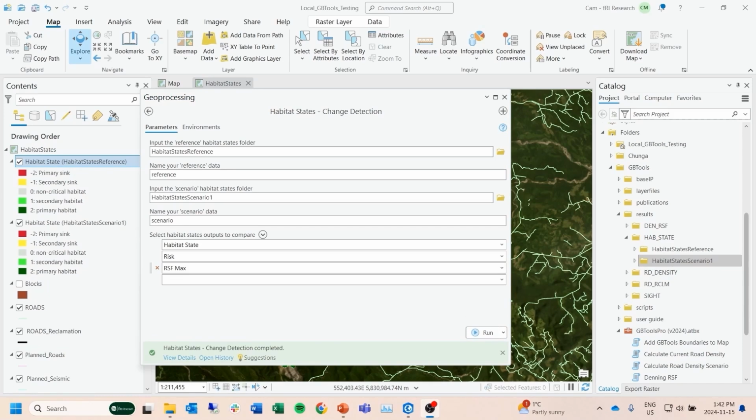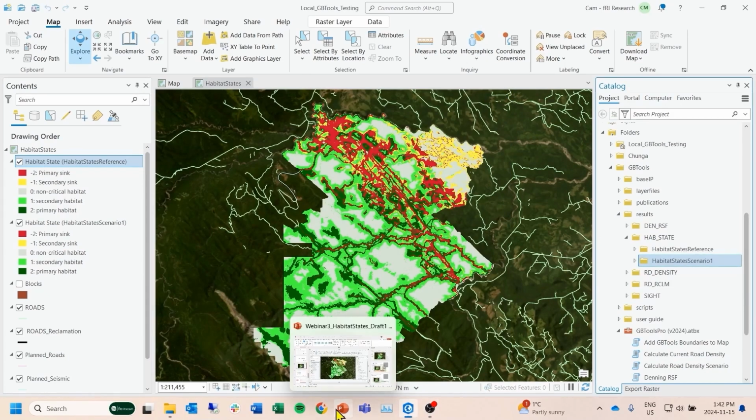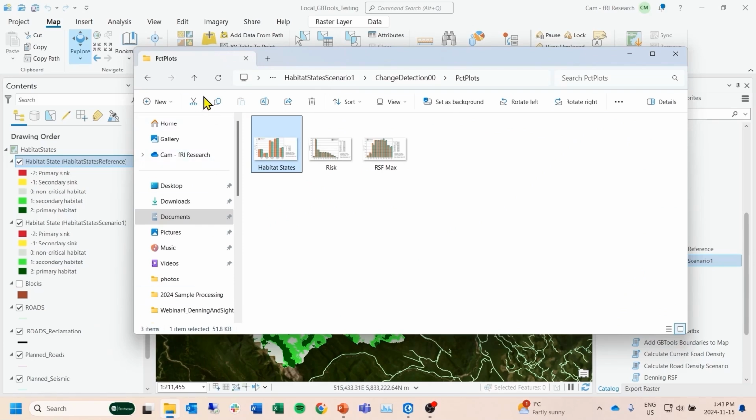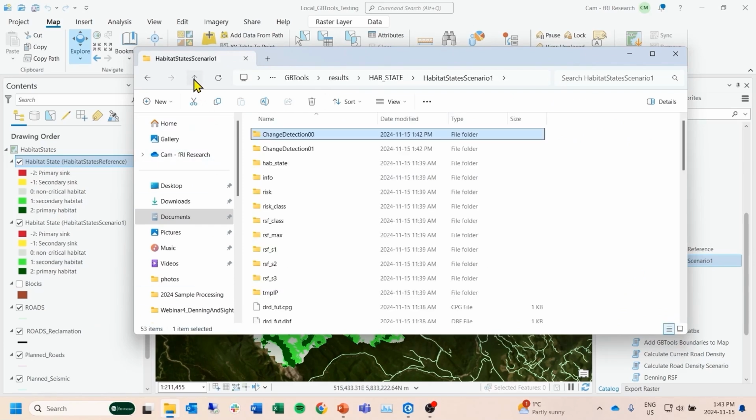Okay, so we've ran the tool. It ran, it's completed. We can now close down this dialog box. And you'll notice that nothing new has appeared on the map. That's because we have to navigate to our results. So to navigate to our first set of results, we have to go to our file explorer. And I'll just show you where these are. Already have them open, but